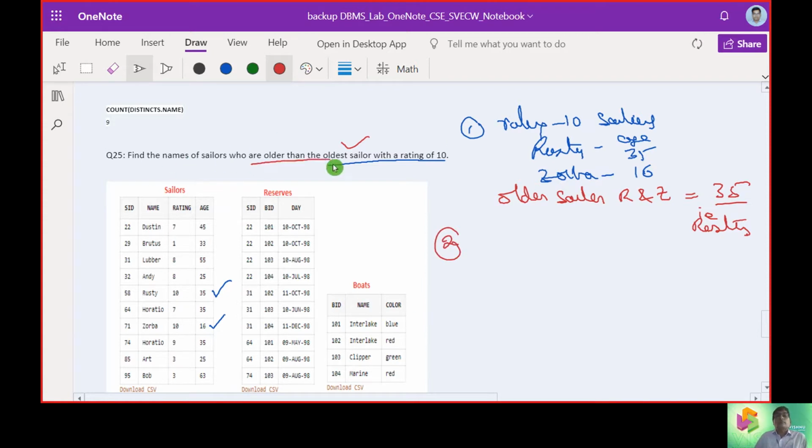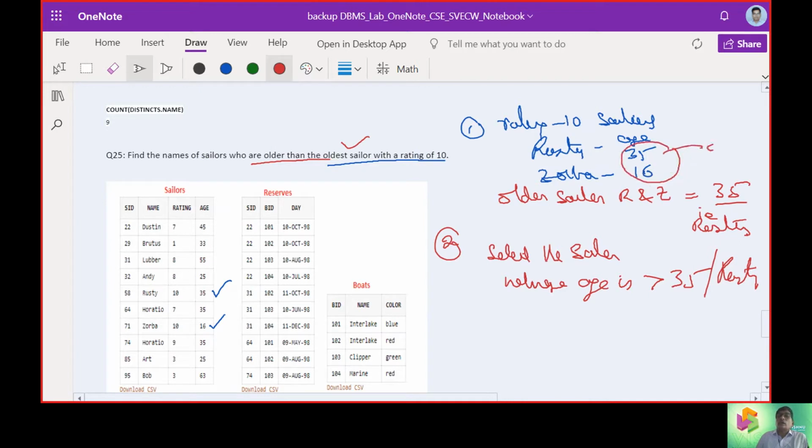Who are older than the oldest sailor with a rating of 10? That means now we need to select the sailors whose age is greater than 35, or Rusty. So the names of the sailors who are older than the oldest sailor with a rating of 10: in this, 35 is the oldest.